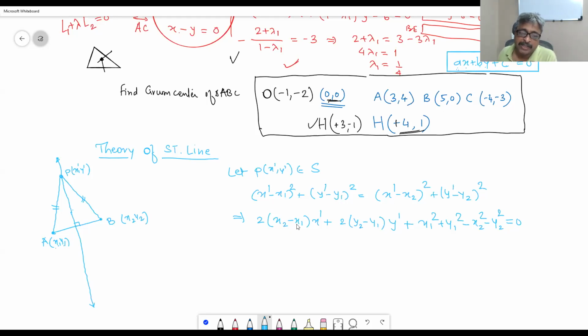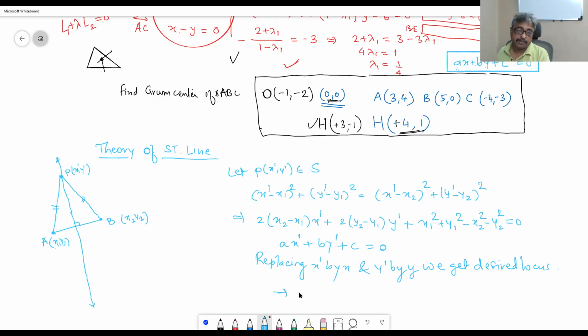Therefore, I can call 2 times (x2 minus x1) as a, and so on: a x' plus b y' plus c is equal to 0, where c is also a real number. Replacing x' by x and y' by y, we get the desired locus. And therefore, the equation of this locus is ax plus by plus c is equal to 0, which happens to be